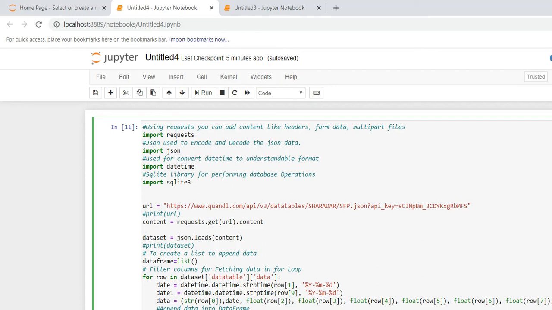Previously I explained that I'm using the request, JSON, datetime and SQLite 3 packages.